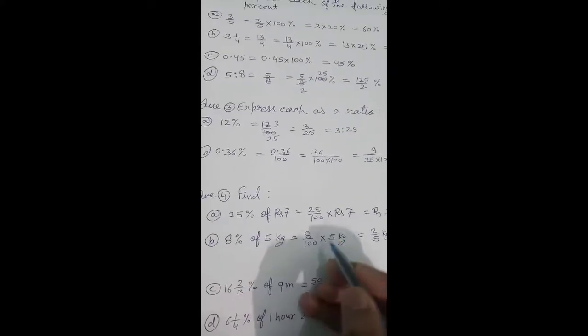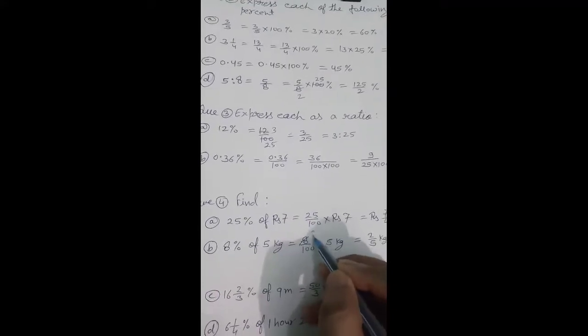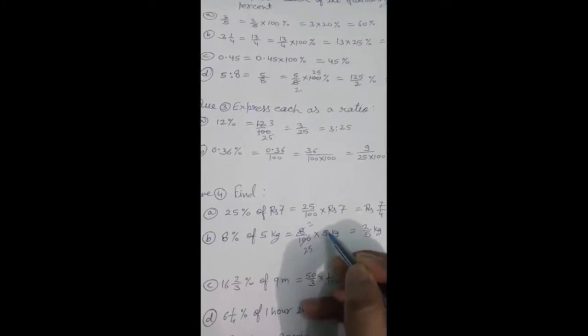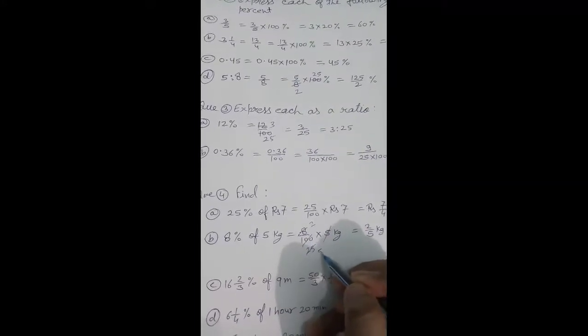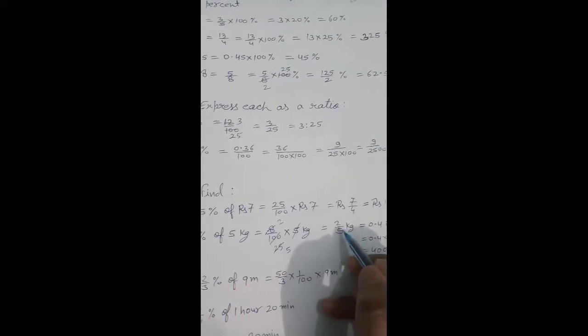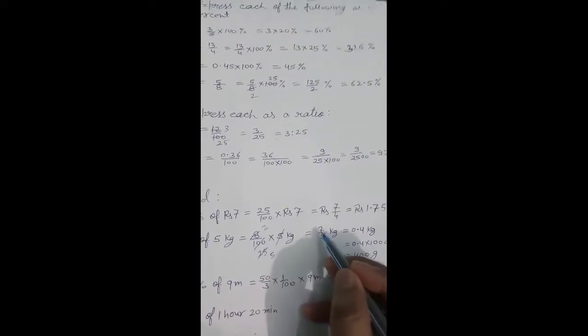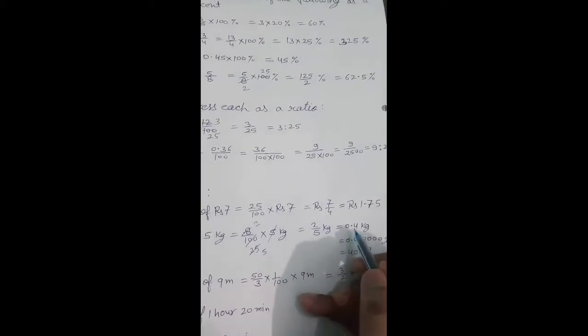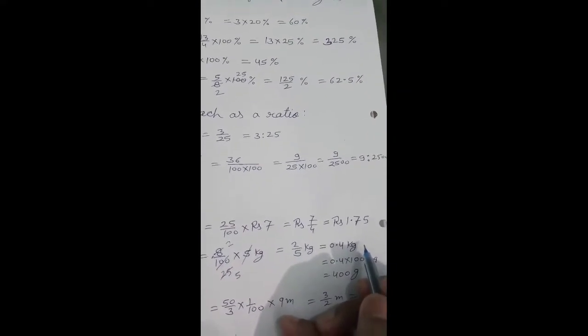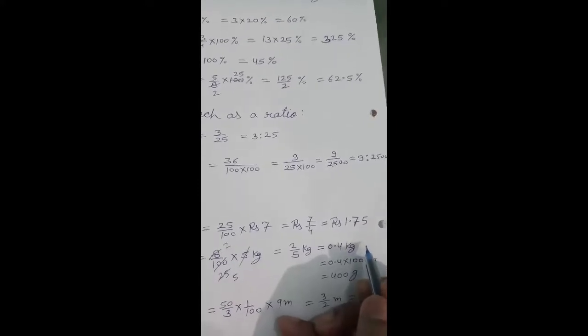Is this understood or not? 4 dividing 8 by 2 times. 4 dividing 100 by 25 times. And 5 dividing 25 by 5 times. So you will get 2 by 5 kg. See here, 2 by 5 kg. And when 2 is divided by 5 you will get 0.4 kg. This you can write as your answer. 0.4 kg is the answer.